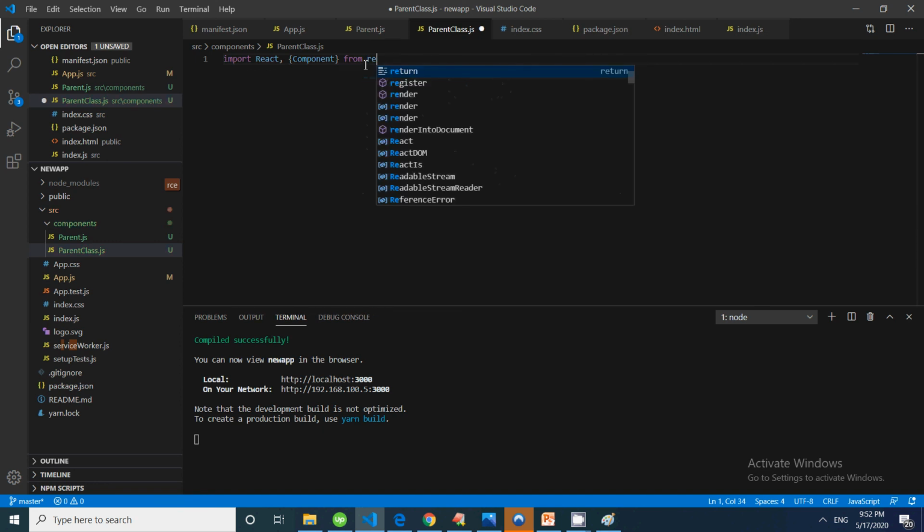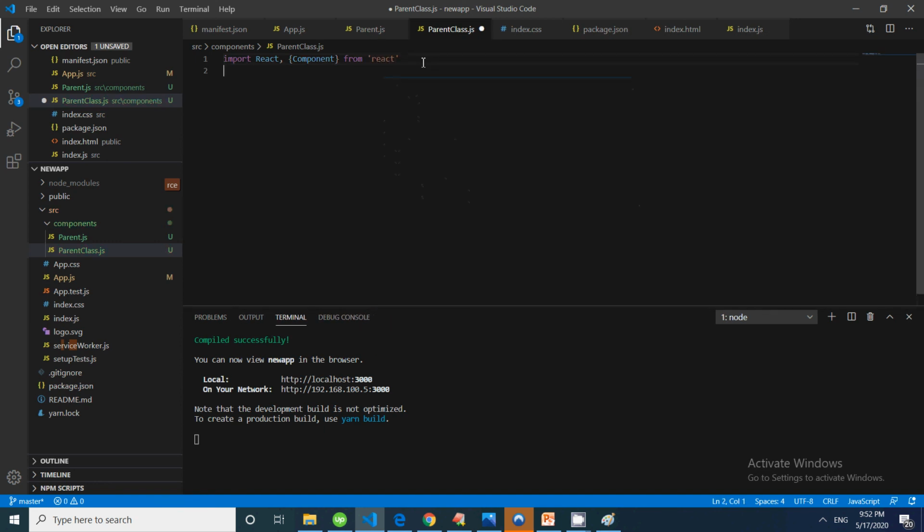from React. So semicolon is optional. Now I will be creating class, and this will be my props class extends. So basically it will be extending the base class, that is our main component. So a class, again, it consists of constructor.